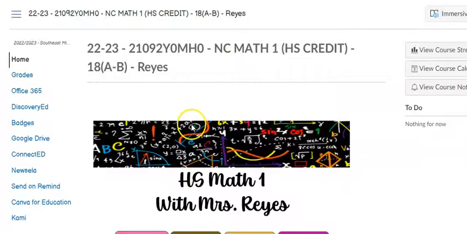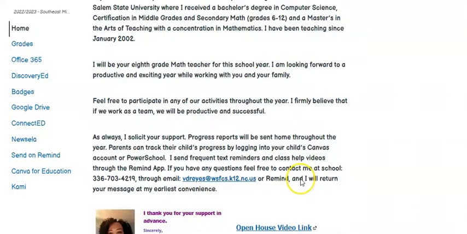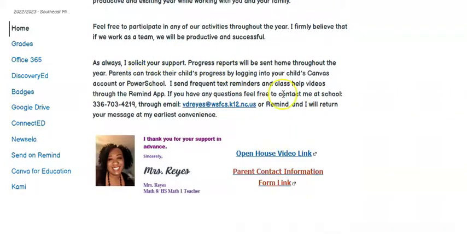When you click on the Math 1 icon from your dashboard, this is what you will see. When you scroll down, you'll see some links towards the center of the page. And then if you scroll all the way to the bottom, you'll see a brief bio of myself, an open house link, a video, and then you'll also see a contact information form that you should have completed